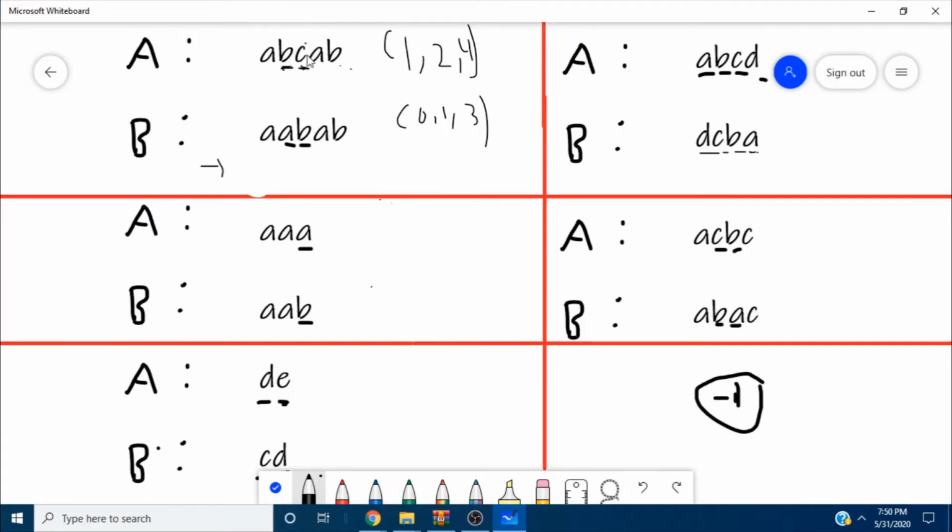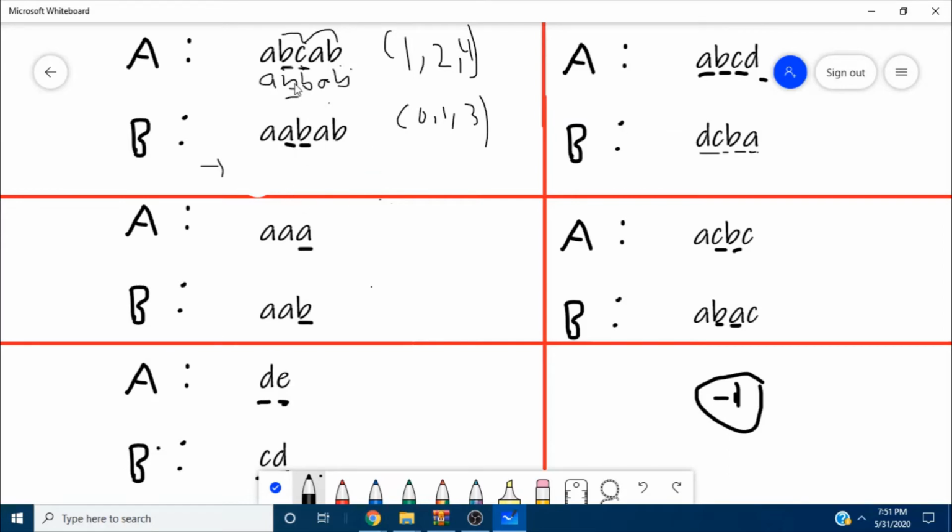First, in order to convert character C to character B, we choose the subsegment 1, 2, 4. In this subsegment, the minimum character is B. So we replace all the characters in string A at those indices with B, and it will look like A, B, B, A, B. This string is still not equal to string B because some characters differ.